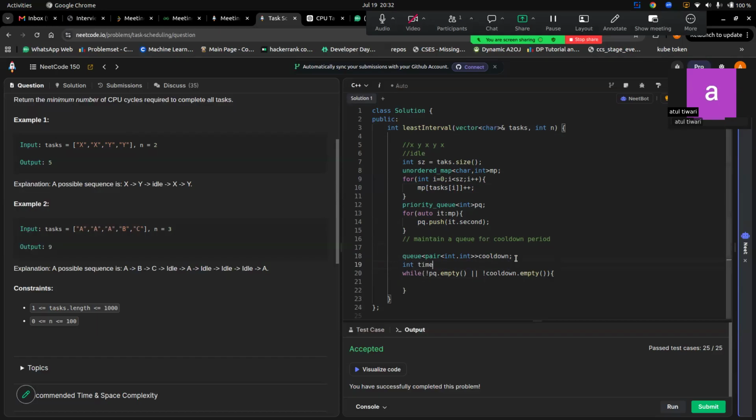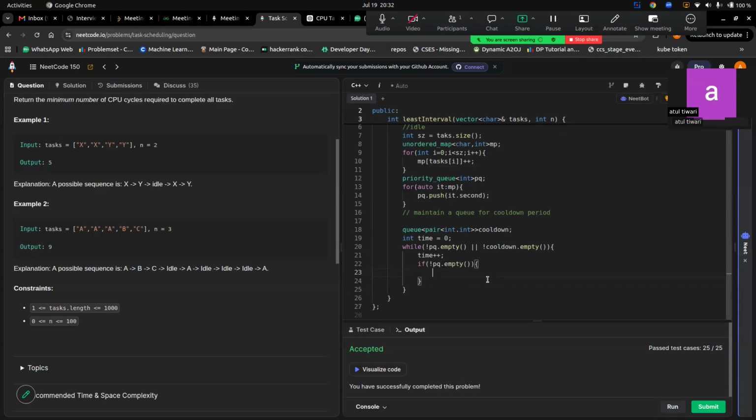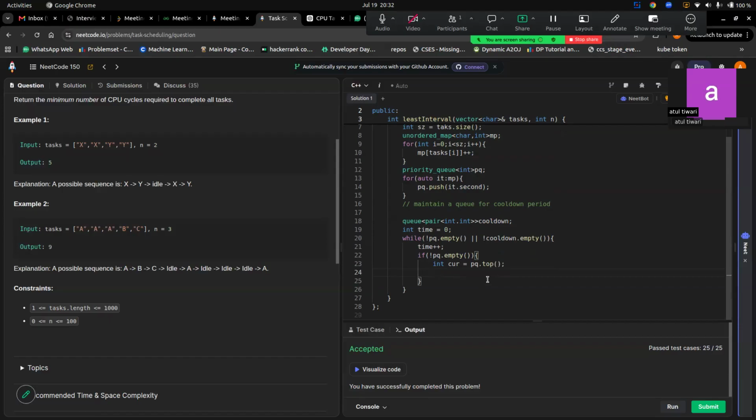And with time equal to zero, that will return in the end. So time has started, time plus plus, and now we'll check if pq dot empty. If pq is not empty, like if the priority queue is non-empty, okay, so I will just say int car equals pq dot top,